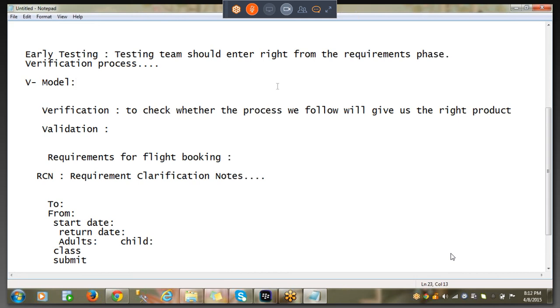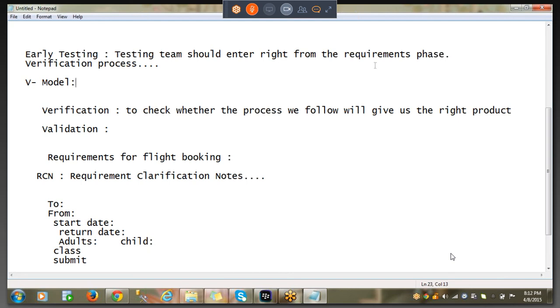So our first and prior important thing is we should be able to know how to write the test cases with the help of the requirements. We will not be given an application to write the test cases. We'll be given only the requirements documentation initially. Based on that, we have to think ourselves and write the cases. We'll be learning that part as well as how to think around each and every requirement, what are the different ways that we are going to approach the requirement and how we are going to